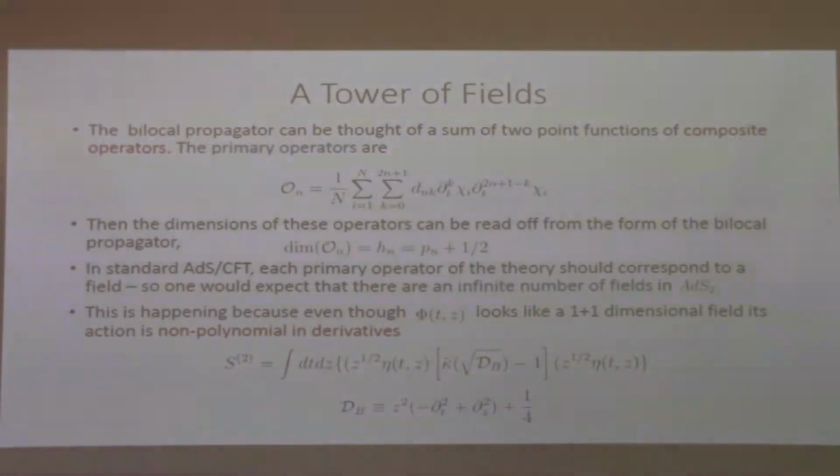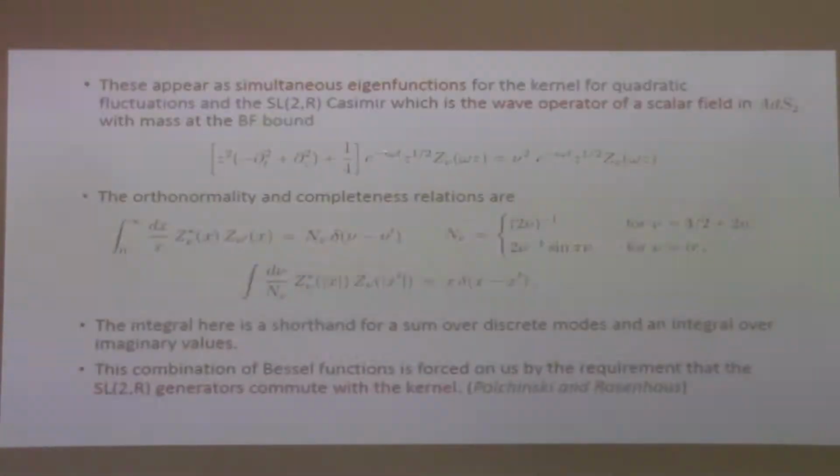Now in standard AdS/CFT, each primary operator of the theory should correspond to a field. So one would expect that there are an infinite number of fields in AdS2. This is happening because even though this object, this bilocal fluctuation, looks like a function of two variables, the center of mass t and the relative variable z,